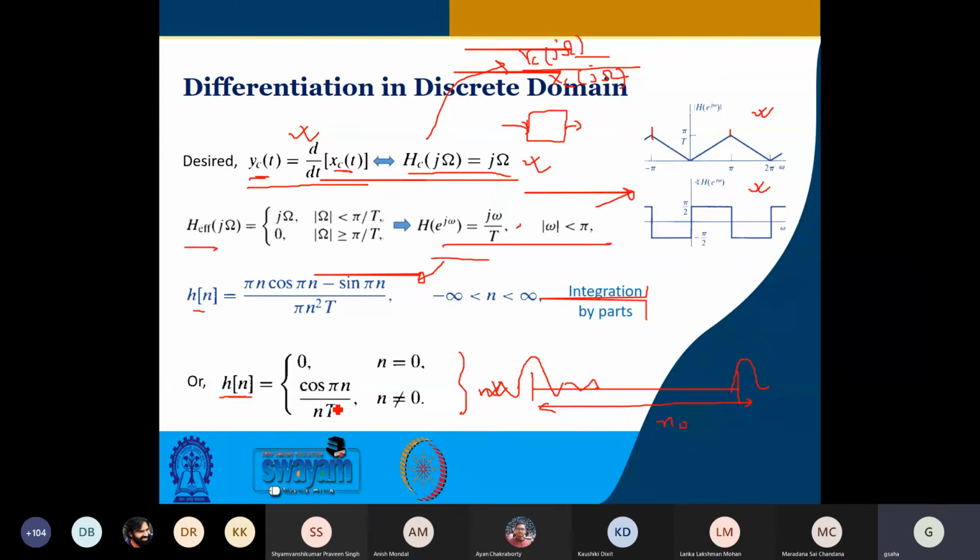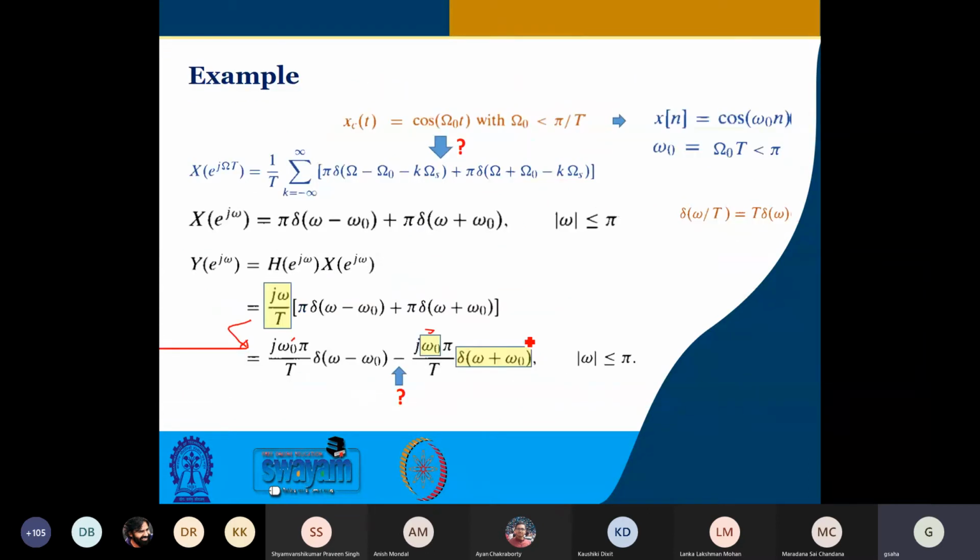Otherwise, of course, all such systems that you are getting by inverse DTFT will have non-zero values for n equal to minus 1, minus 2, those values. For a realizable filter, you have to shift it to the right, and of course there will be truncation and all, for which there will be issues, but as long as it is within limit, we can go ahead.